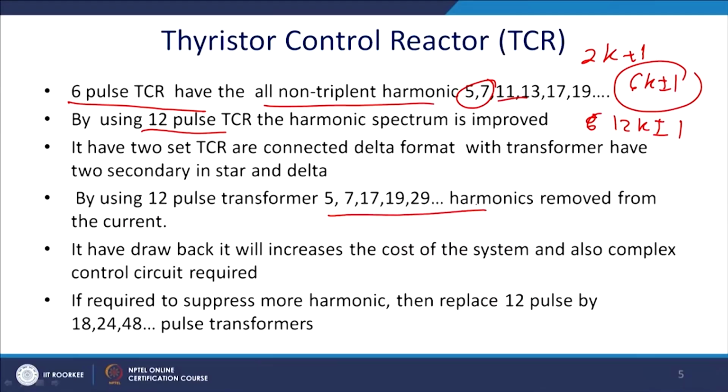So, by using this, these harmonics will be removed: 5, 7, 17, 19, 29. So, what will we be left with? It is 11, 13, thereafter and so on, and we have a drawback of the increasing